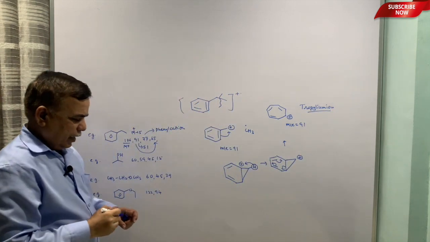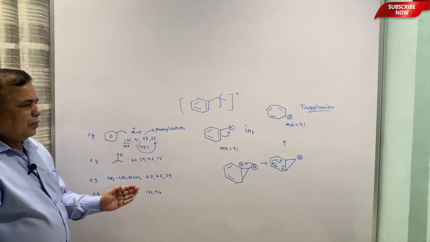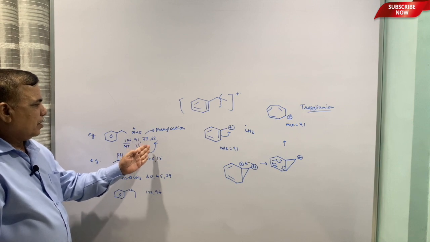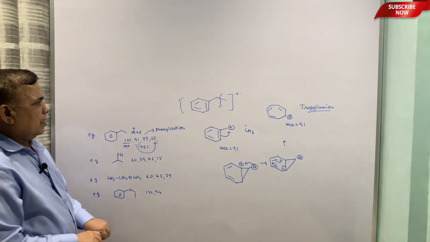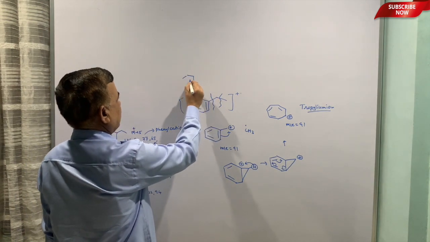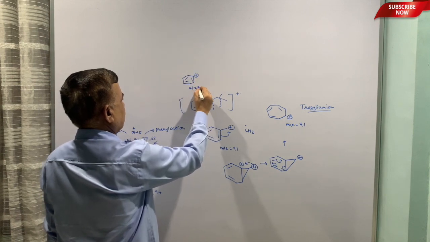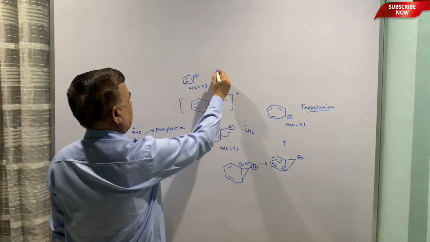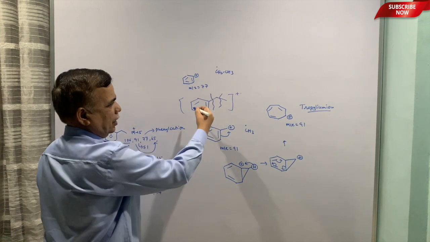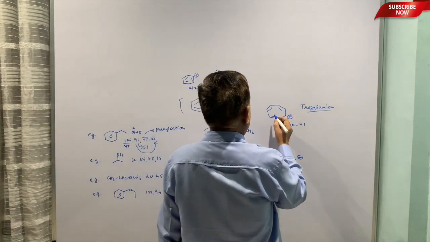So, in benzylic compounds, this is going to be a key peak, and this peak gives rise to the other peaks like 65 and 51. 77 is easy, like if it breaks down here, then it will give 77. This is m/z equal to 77. The other part will be radical. So, that is easy. Now, how is 65 generated from this?